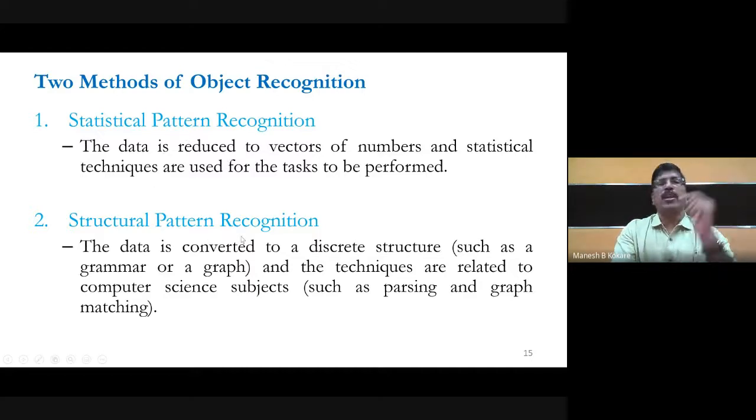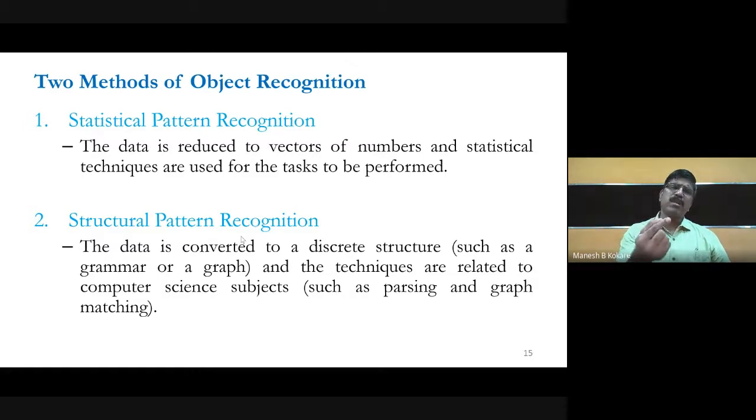Whereas in structural pattern recognition, we are not extracting numerical features, but the object is represented in structural forms. You are going to use some symbols for representing that object.